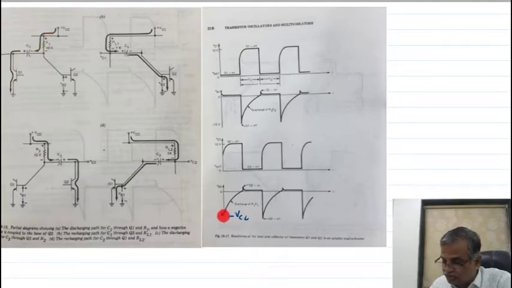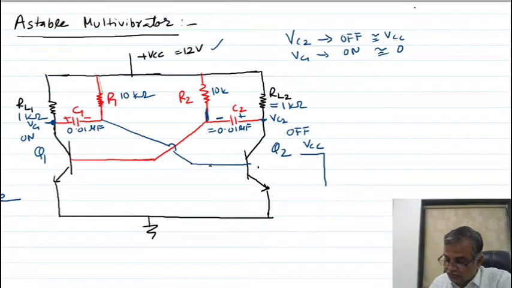See, this I am showing you, the discharge part. You can see the discharge part. This is discharging. This remains in the off condition. The time length for which transistor Q2 remains in the off condition depends upon the time constant of R1 C1. Remember this one. It remains in the off condition depending upon the time constant of R1 C1.